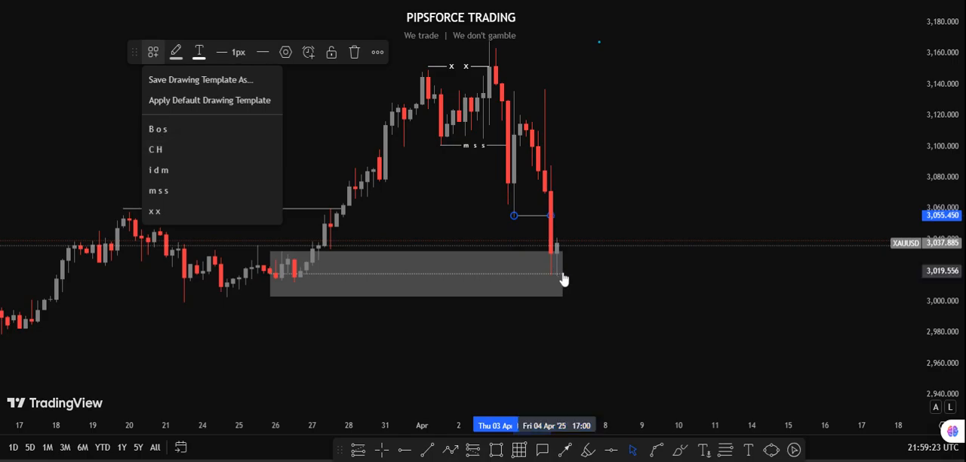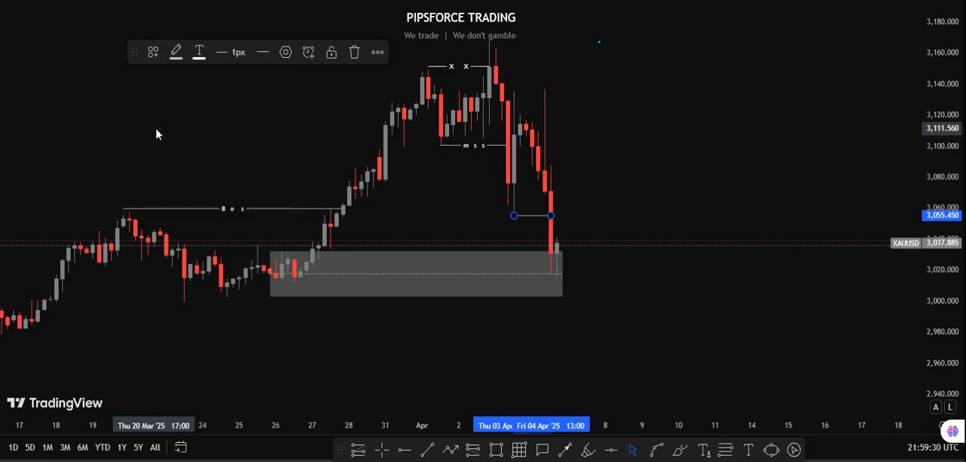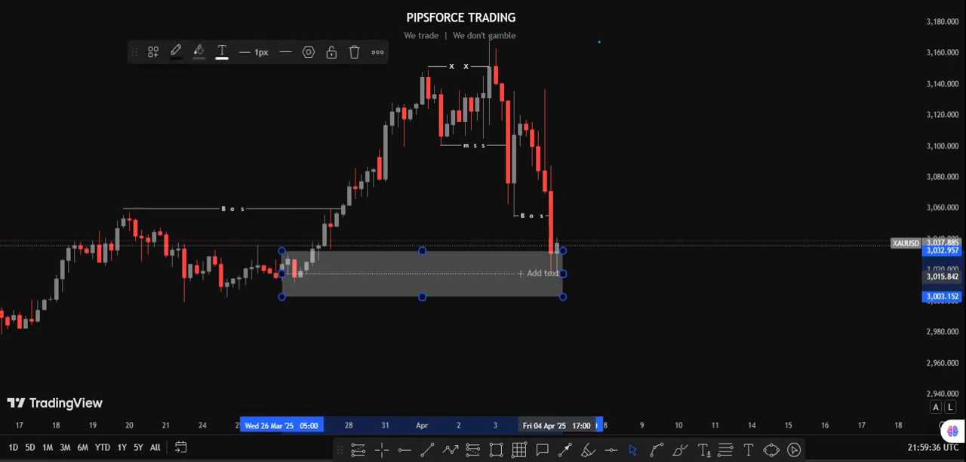So price traded into this particular level here. This is our fair value, our order block around this level where price has traded into, and then we'll be expecting to see price giving us a change of pattern at this level. So we just move straight forward